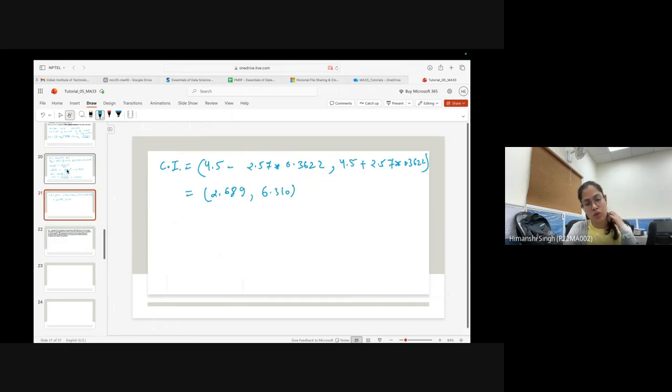Fine. You may do one thing: do the calculation by yourself by hand once, and then do it by R, and you can check whether the calculation using R and the calculation you are doing are the same or not, in order to check what R is basically doing. Okay, so is it fine, this type of question, this confidence interval? I discussed all four types of confidence interval questions. Then we'll move forward to the next question.